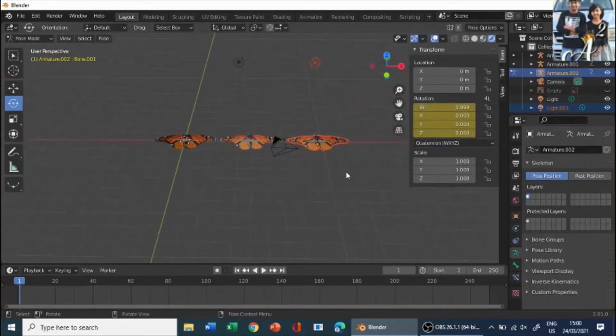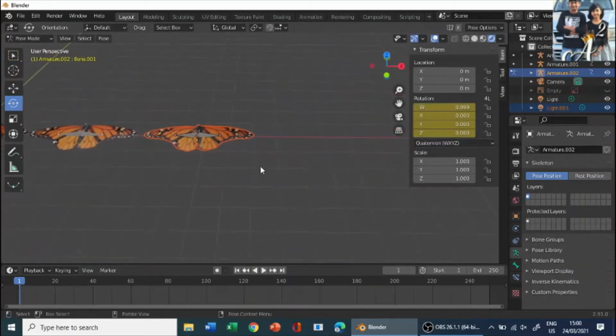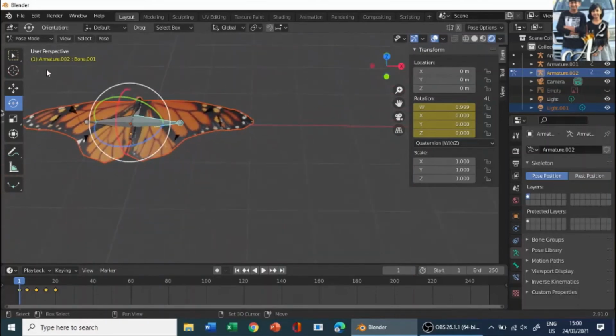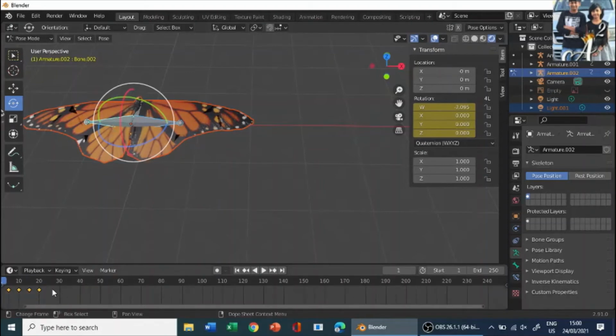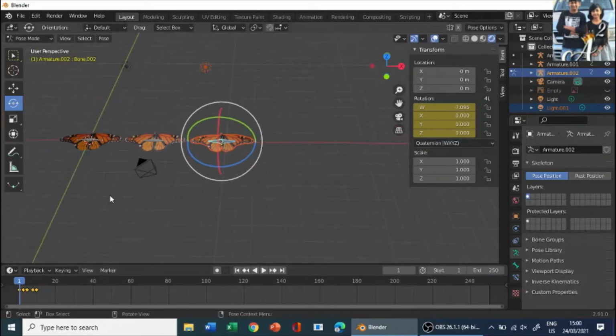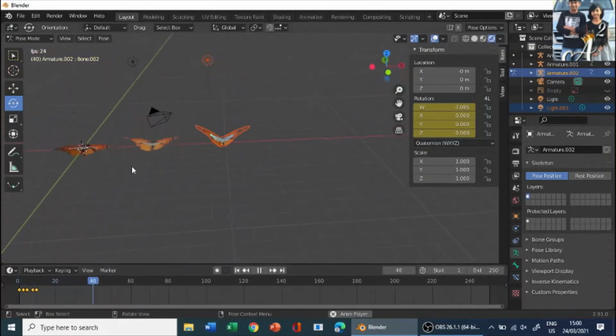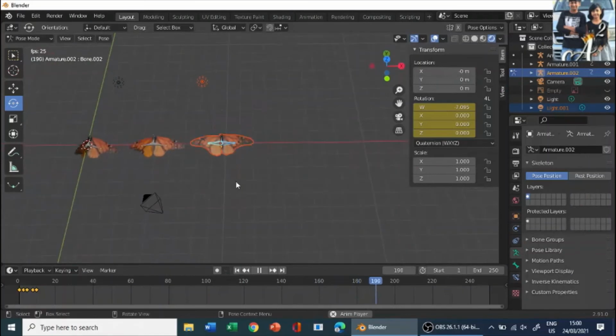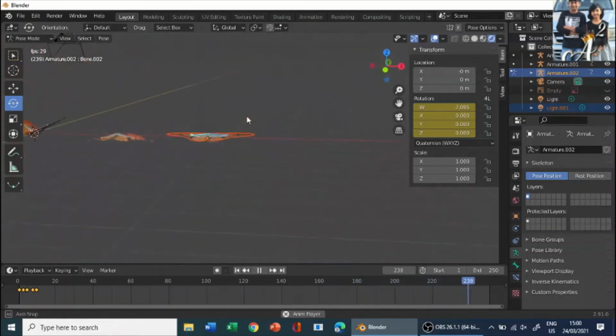Go to pose mode, use Shift and the mouse wheel to move it, click on the bone and Shift-click on the next bone also, select your keyframes and scale them down so much that they move a little faster than the previous one. So now if you play, we have three speeds. One is slow, one is a little faster, one is very fast. So now we have our butterfly variation.